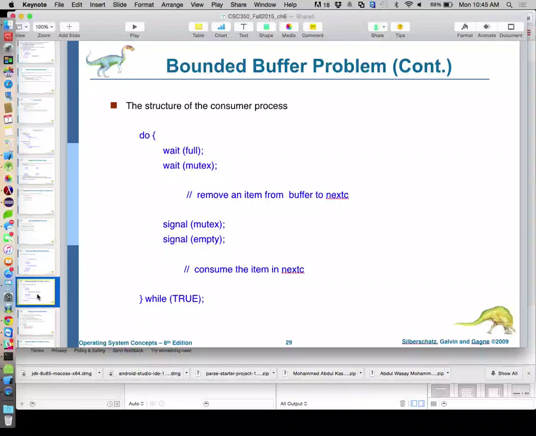Each one is protecting an idea. The first one is the idea that this room can only be occupied by one person. Another one is the idea that a producer can only produce when there's an available bucket. The third idea is a consumer can only consume when there's something in at least one of the buckets. So that's the bounded buffer problem.